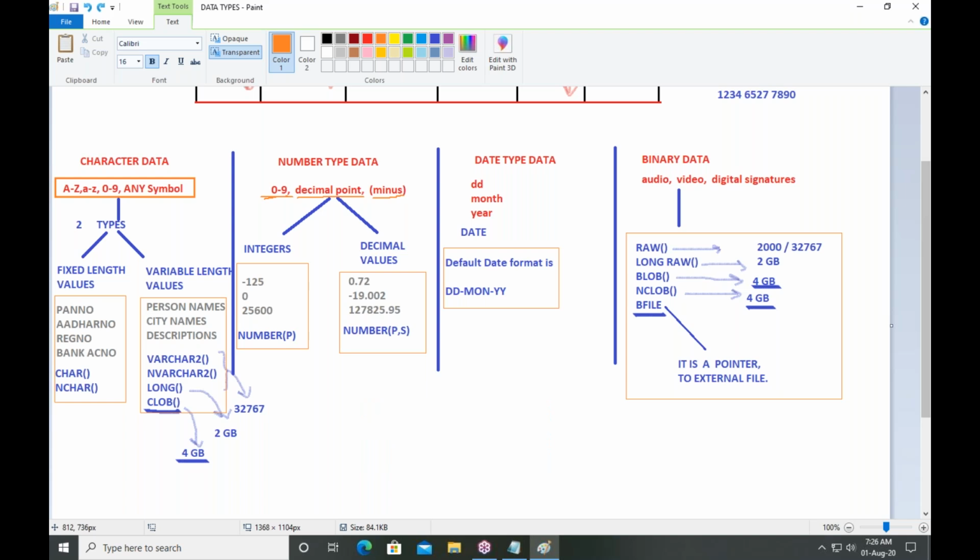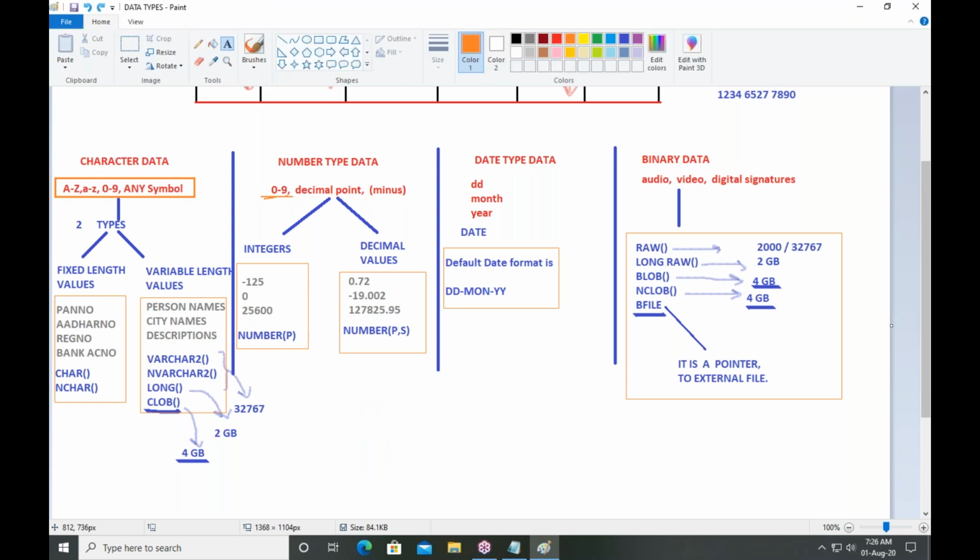Now, numbers are of two types: positive and negative. But also integers and decimal values, that is, without a decimal point and with a decimal point.